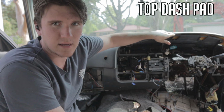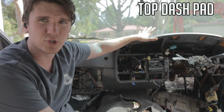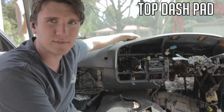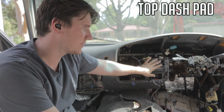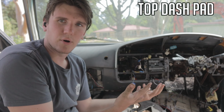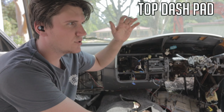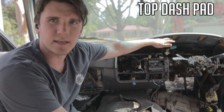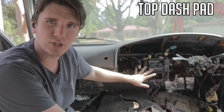You can get to everything else over here, but if you did have this piece super sun damaged, like I've seen happen, sometimes it can get so bad that it almost looks like someone's taken a knife to it and scraped it up, and you just wanted to replace this part without the bottom dash, you can definitely do that. And if it's broken, you can just bend it, snap it, whatever's the easiest way to get it out. If you don't need to take this out and you just want to get the whole dash out, if you're doing anything with the wiring, or air conditioning, stuff like that,